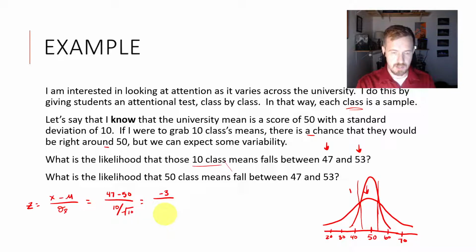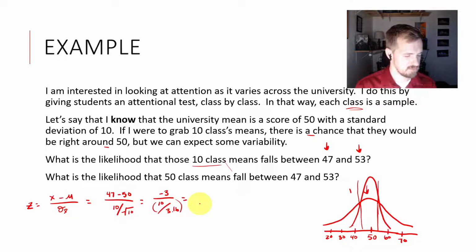Let me get the square root of 10 first, that's going to be 3.16. So this should look like -3 divided by all of that. So the denominator, I'm doing 10 divided by 3.16, which is going to give me,